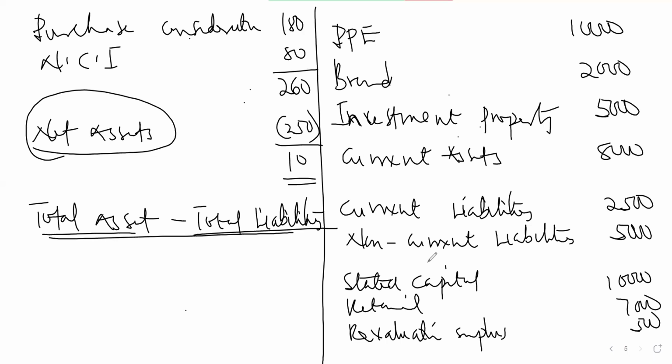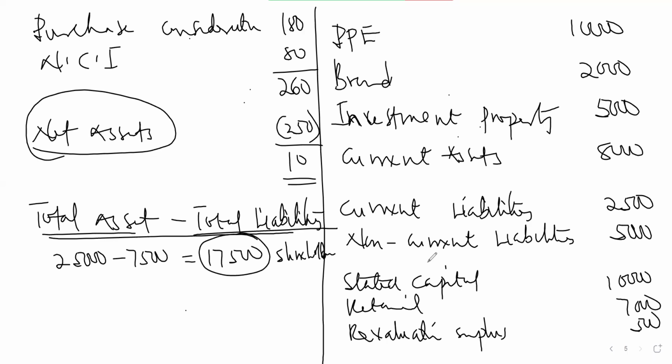$25,000. Okay, so we have 25,000 against what? Total liabilities is what? 7,500. Okay, so the net asset will be 17,500, isn't it? Yes. Okay, so you can see that this value is the shareholders' fund, isn't it? Yes. Okay. Do you know that someone can also calculate the 17,500 using a different approach? Yes.